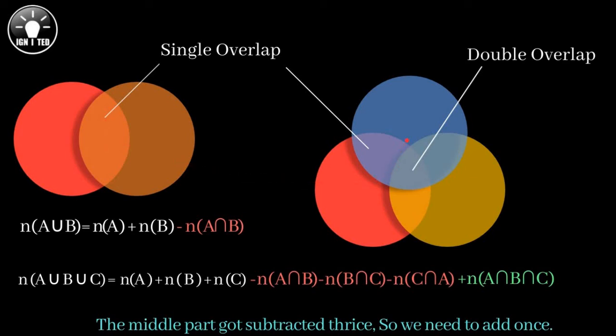Now we will come to how we get a formula for this particular thing. We have to take the union of all these 3 squares. Let us start with the red one first. We will focus just on red and yellow. There is a common part in between. First we add the number of elements in red, then the number of elements in yellow, and we subtract the common part, the dark yellow part, because it is getting overlapped.